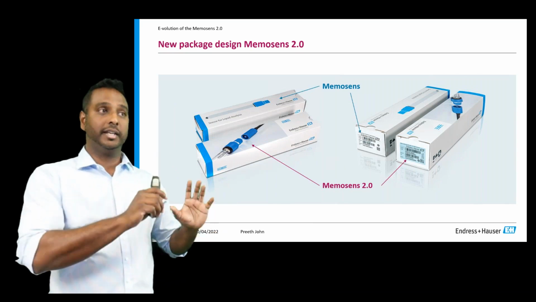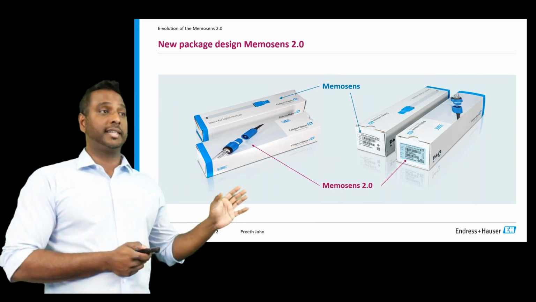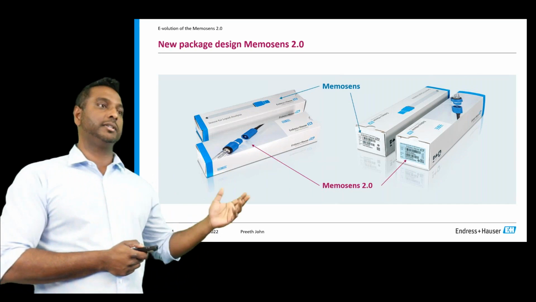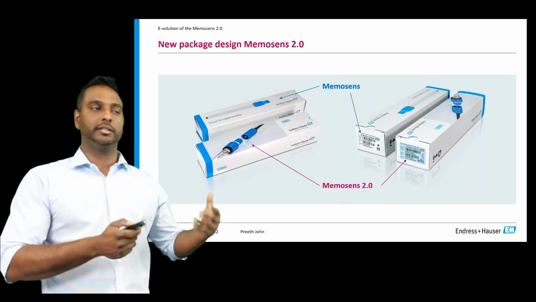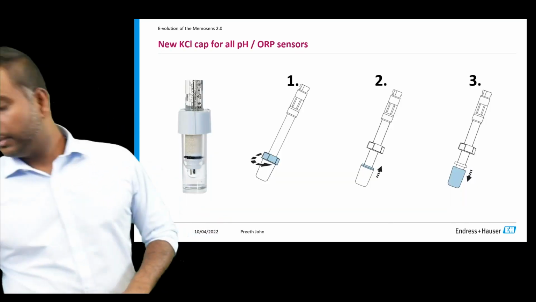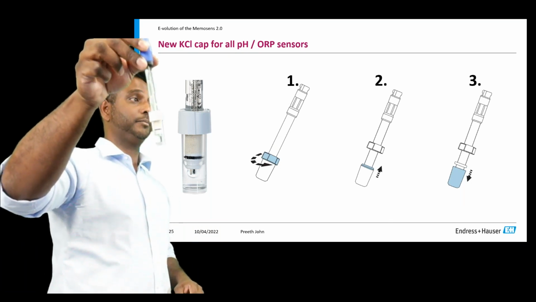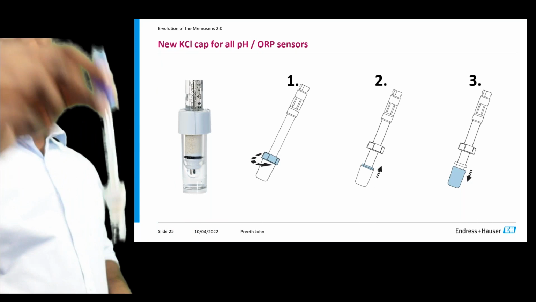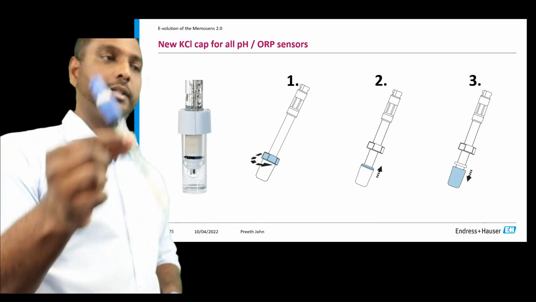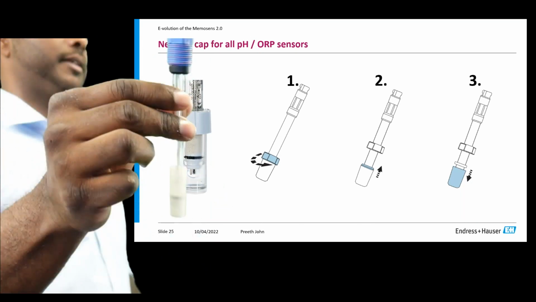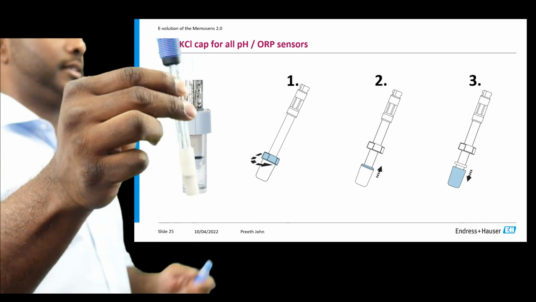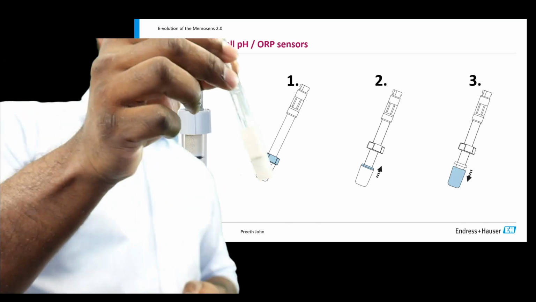It's no longer an animated, it's an actual photograph, and a clear label, a little bit easier to read on dust and dirty environments. Now I've got a unit here. I'm sorry if you can't see it clearly in my hand, but a new KCl cap. So why I want to show you this. This is the D series, okay? Still a good unit, it's still a very good probe, but when you look at it closely, it's got a